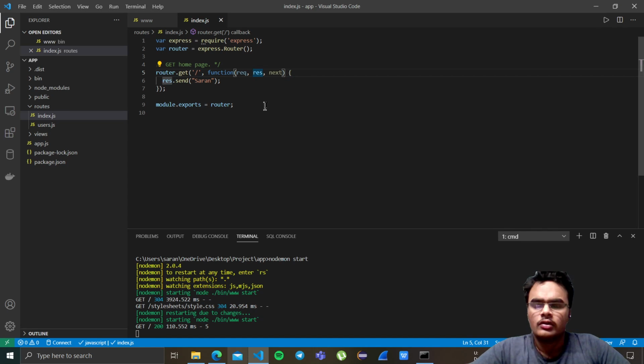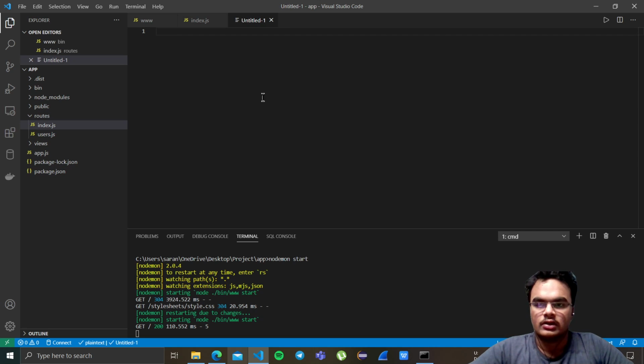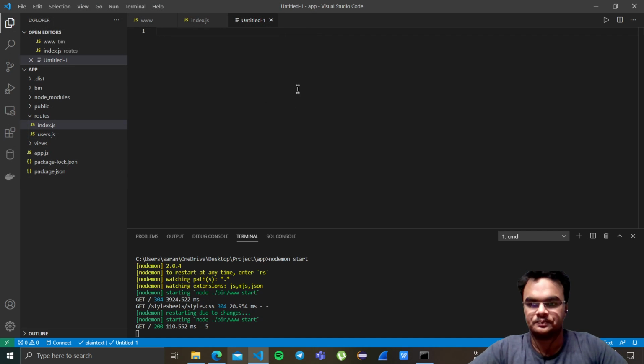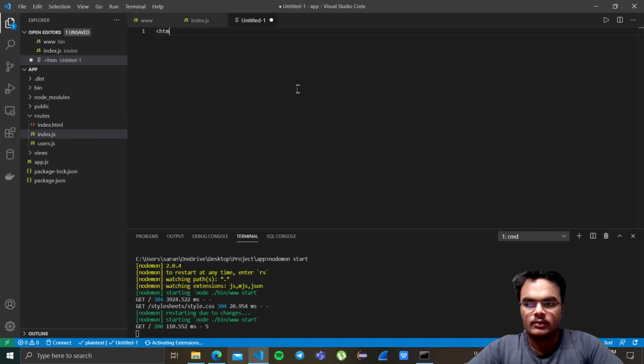We can also create an HTML page, and we can send it directly through this function. Let's build a sample HTML named sample.html, or else, since we are doing it as index, let it be index.html. Basic HTML tags.